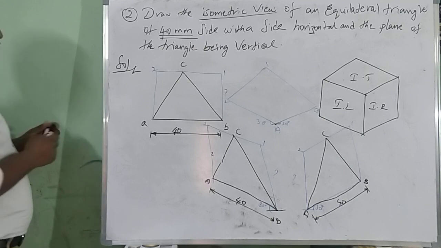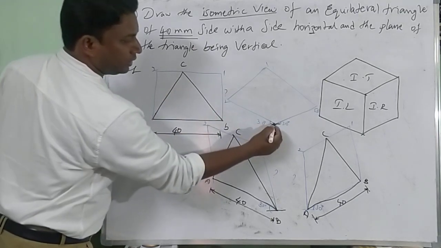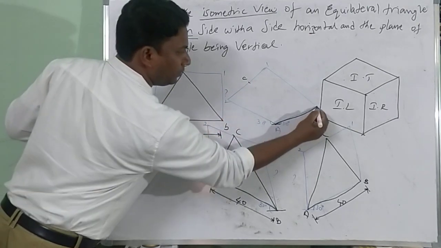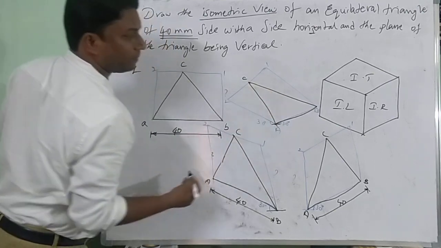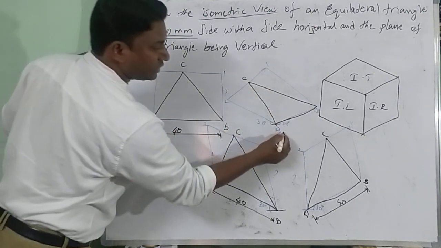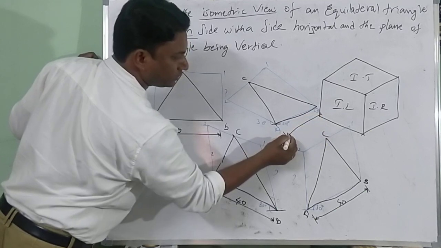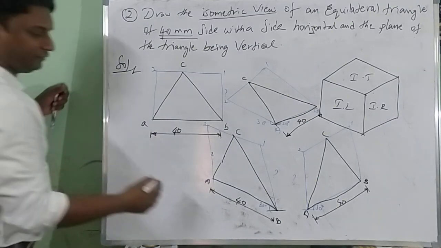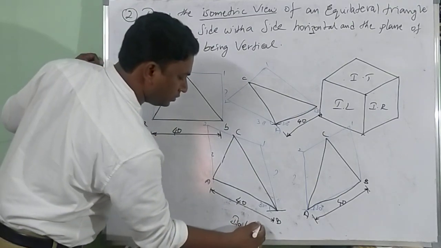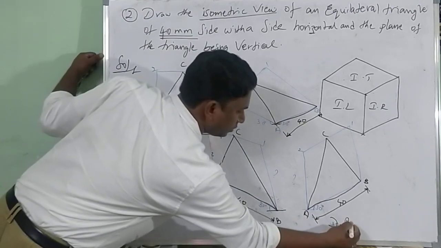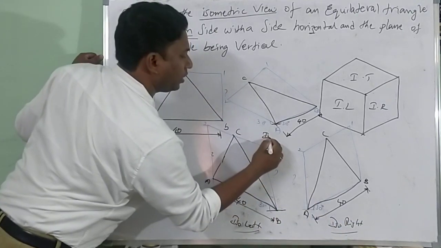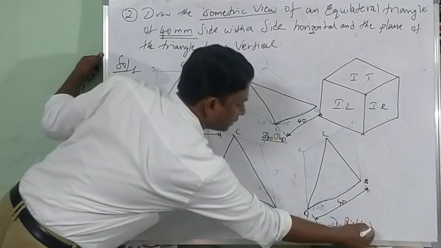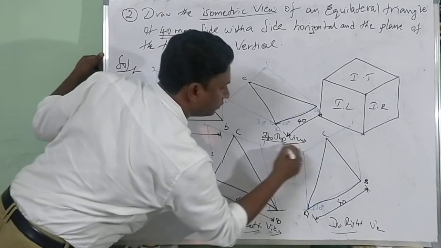But after the box construction, where is the C? C is at the middle. Here you have A, B, C is at the middle. Finish it, complete it, or write AB, BC, CA. Right, that is now the original dimension. Here I can show it as 40. Iso left, iso right, iso top. Iso left view you can write below that, iso right view, iso top view.